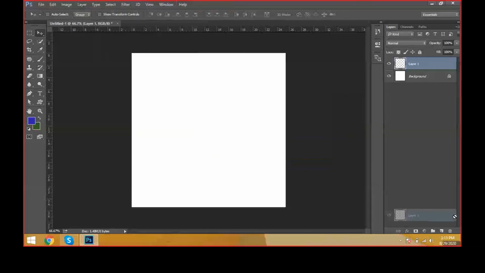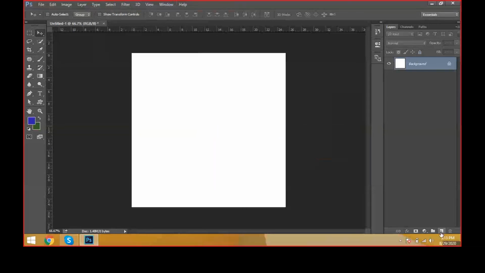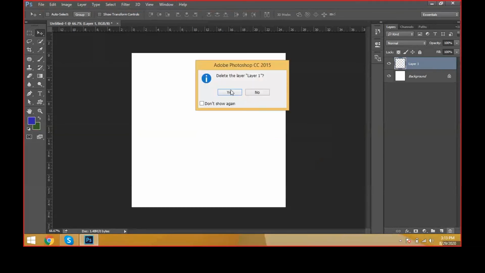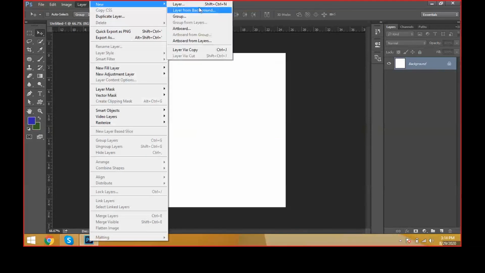Select this layer and drag it to the trash box. Automatically it will be removed. I can take a layer with the shortcut Control Shift N, or otherwise just click here in the layers palette. You can see the new layer. Again you can delete this layer. We have an option here, Layer, New Layer, and Layer from Background. The background is already locked.